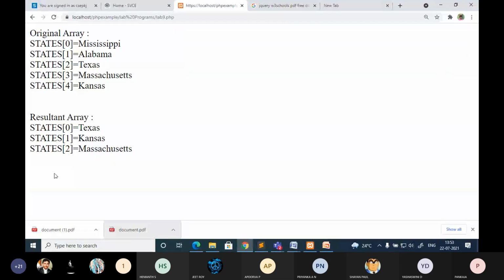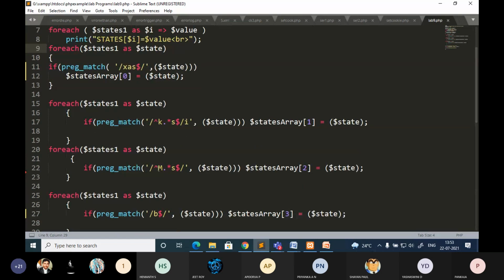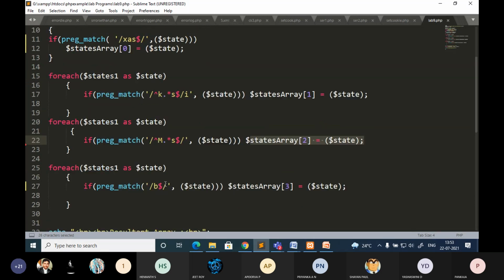Refresh. Can you see? It is not going to be added into the array. Only if this if condition is true will it execute this statement. Otherwise, it is not going to create the position for that particular element. So one more thing I can do, I'll let it be A. I'll just modify this too.